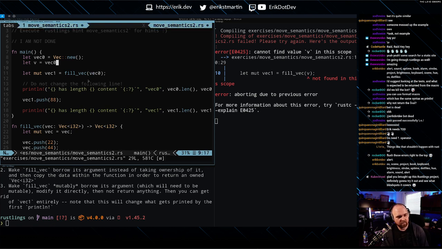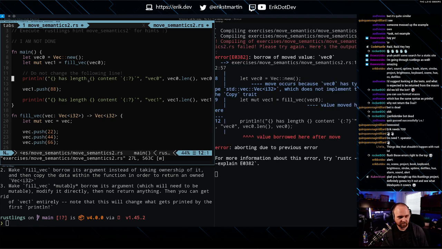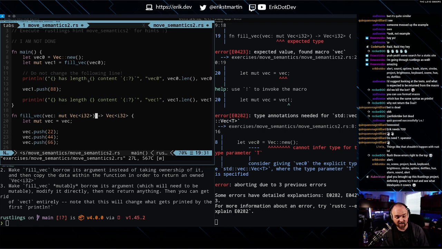All right, I'm trying to figure this out real quick. Okay, so there's a couple ways we can solve this, right? One makes the most sense to me, which is that we could actually just change fill_vec to take a mutable vector, right? And then not return anything at all, right?